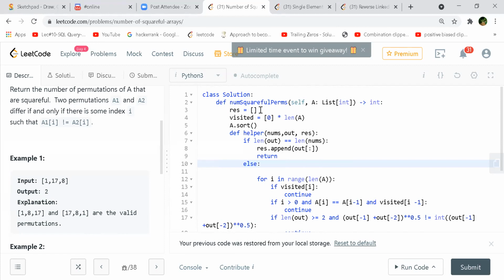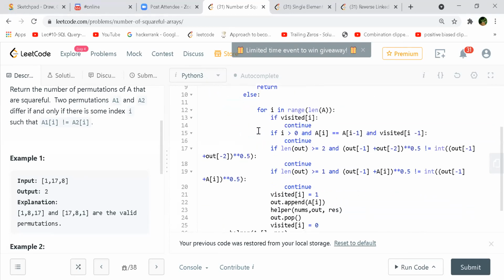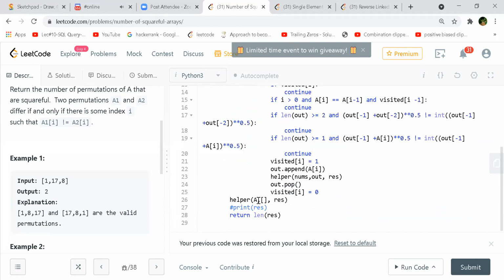Okay. Yeah. Go ahead. So this is our resultant array, and I'm creating a visited array of the size of the array, and I'm sorting it, and then calling the helper function in which I pass the sorted array.